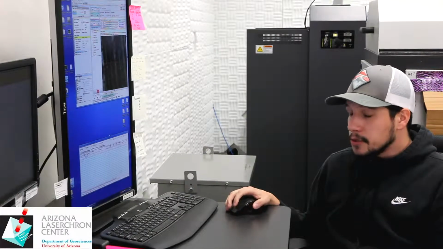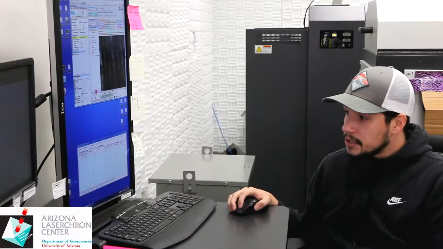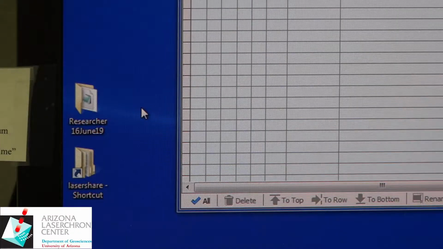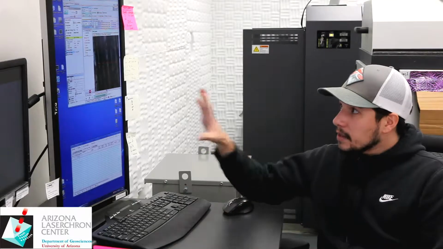Now that we're ready to start a run with the already completed pick scan list, you should have transferred it to LaserShare and then transferred it onto the Laser desktop into your researcher folder for your visit. Remember, always copy and paste out of LaserShare or copy and paste into LaserShare from wherever you're at. So right now on the live laser, we have to do a whole bunch of stuff before we can actually